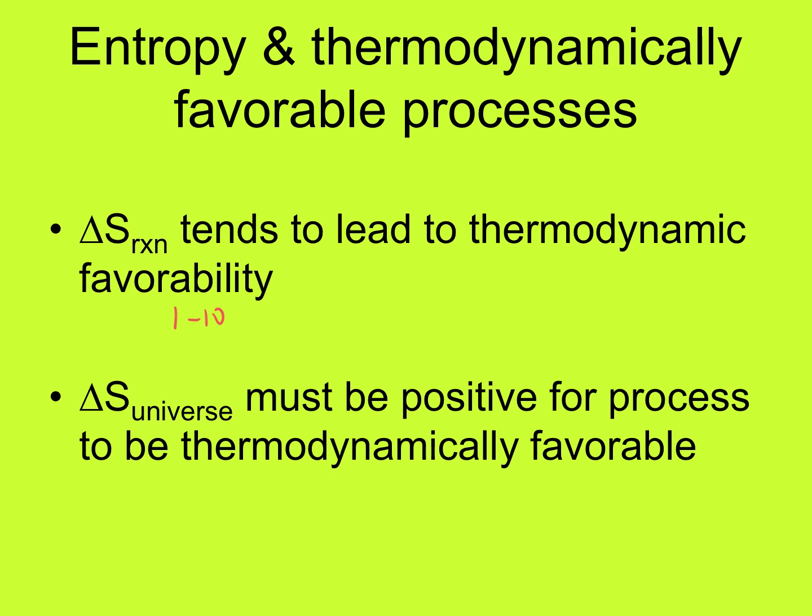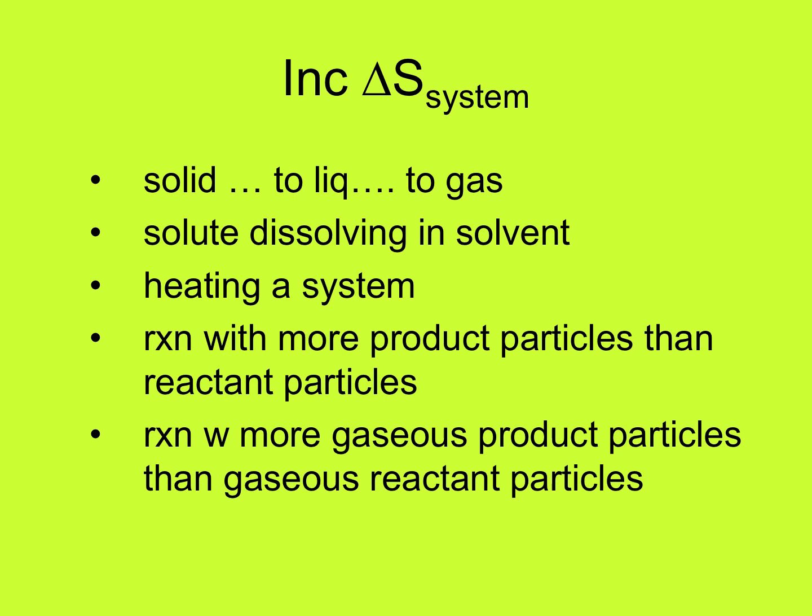Once again, we talked about how the delta S of the universe, the entropy, must be positive for a process to be thermodynamically favorable, and that's a key part of the second law of thermodynamics. So what does that bring us to? It brings us to how we can identify the sign of delta S for the system. In this class, I won't concern you with that many questions about the sign of delta S for the universe, but you should at least understand the change in entropy for a system.